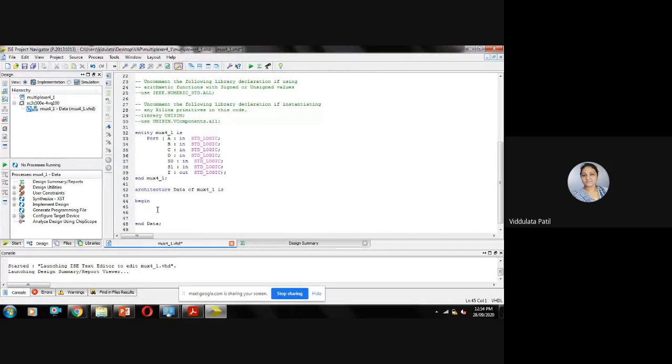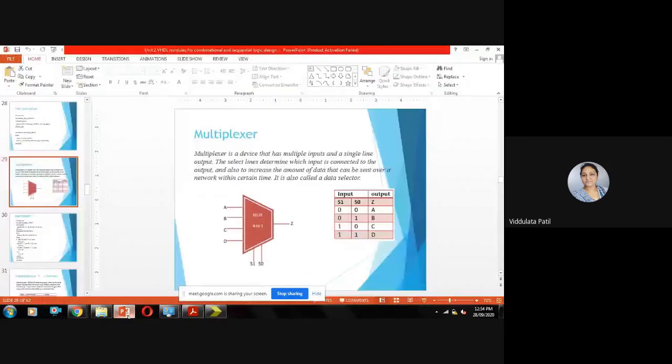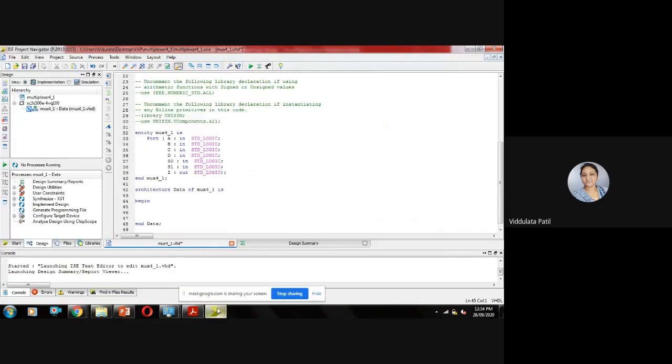You have already seen this circuitry, so you know this truth table: whenever S1 and S0 are both 0, 0, output will be equal to A. When it is 0, 1, output will be equal to B. When it is 1, 0, output will be C, and 1, 1, output will be D. Depending on that, tell me what the code will be.